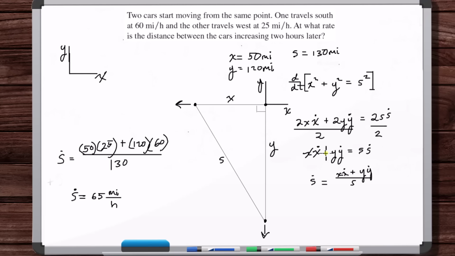We do the derivative with respect to time. We get this exact same equation for s dot. We use just trigonometry to get the magnitudes of x, y, and s. But in this scenario, what do we plug in? Well,